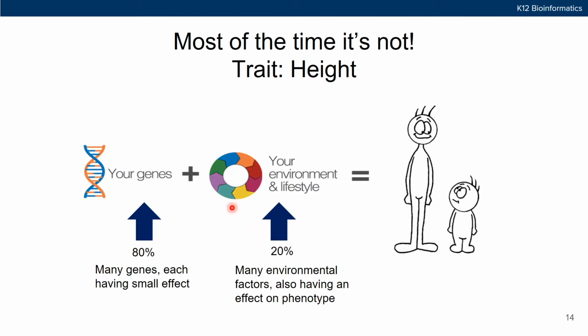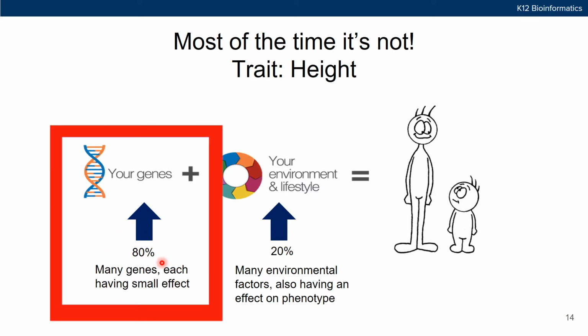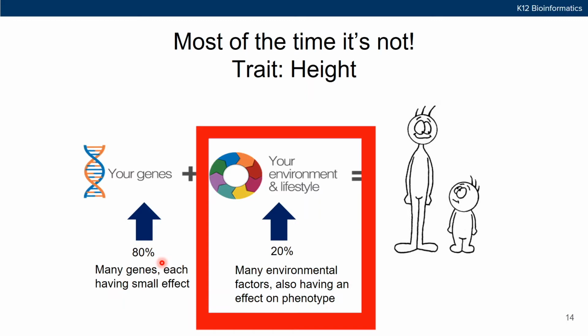And your environment and lifestyle has a number of individual factors as well that together impact the final expression of the phenotype. For example, height is about 80% genetic, but you may be surprised to know that about 20% of the expression of your height is actually due to your